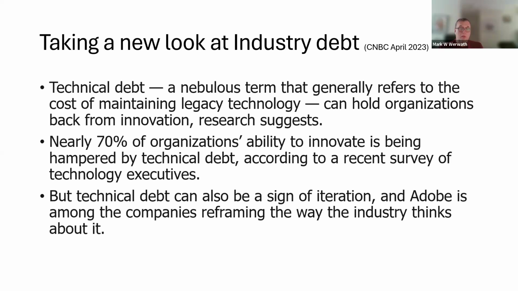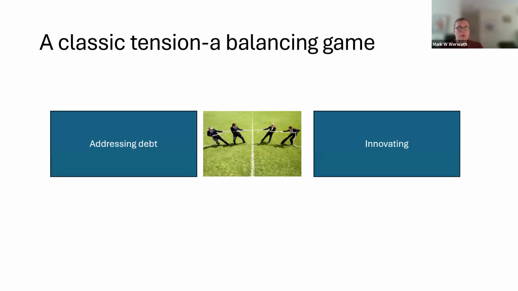What does that mean? I use the tug of war example, right? So you've got two fundamental tensions, right? The need to address the debt and the need to innovate. And you have to strike a balance, whether that's 30% debt and 70% innovation, or in mature companies that have a huge legacy base, that could be flipped, where you're spending 70% of your time addressing debt and 30% innovating. That would be a shame, and that is an indication that either a new platform is needed or a total refactoring of the platforms you have.